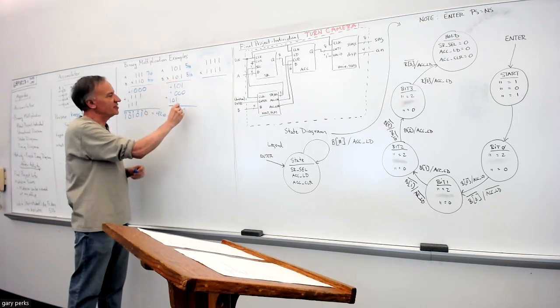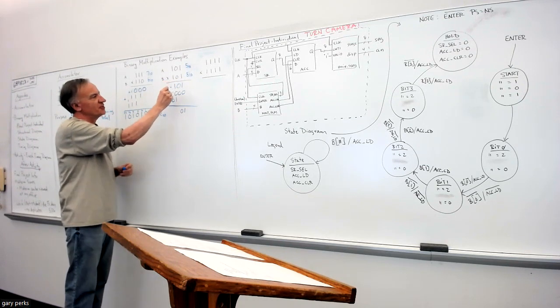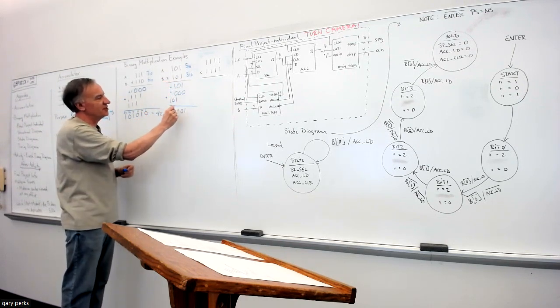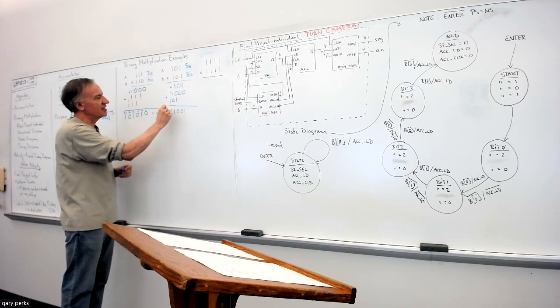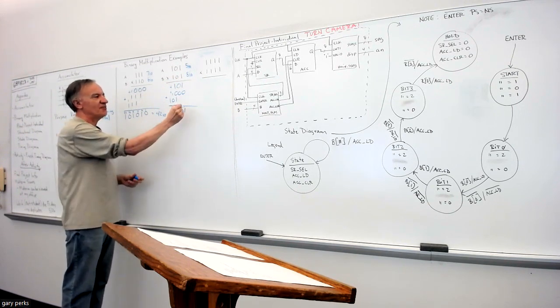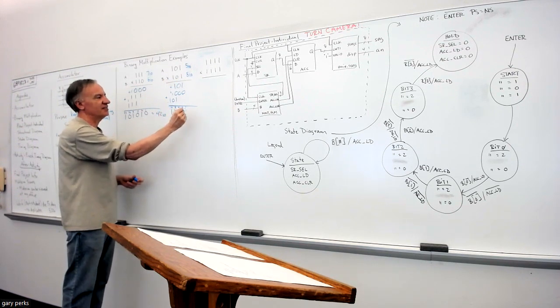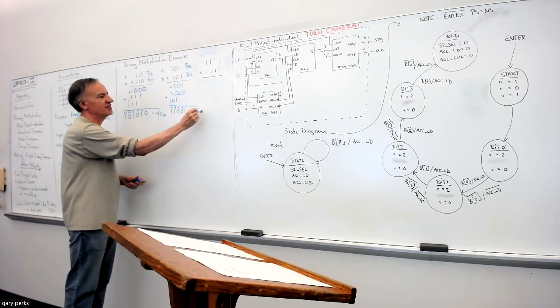So 1 plus 0 is 1, 0 plus 0 is 0. 1 plus 0 plus 1 is 2, so it's 0, carry the 1. 1 plus 0 is 1, then we just have 1 here. So I have a 1, I don't have a 2, I don't have a 4, I have an 8, I have a 16, so that's 25 base 10,